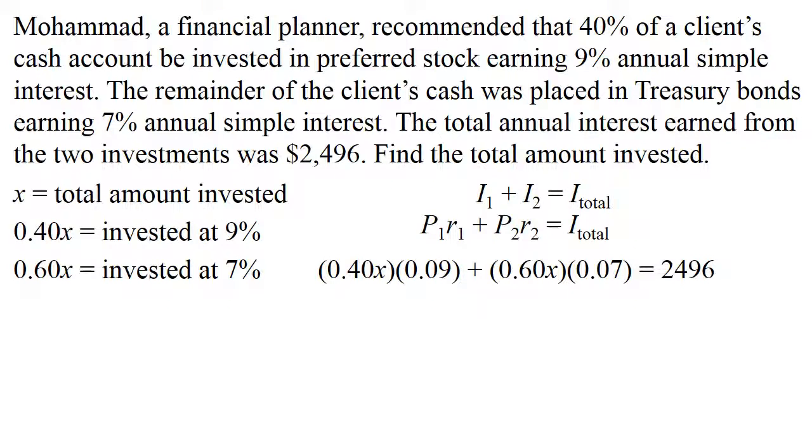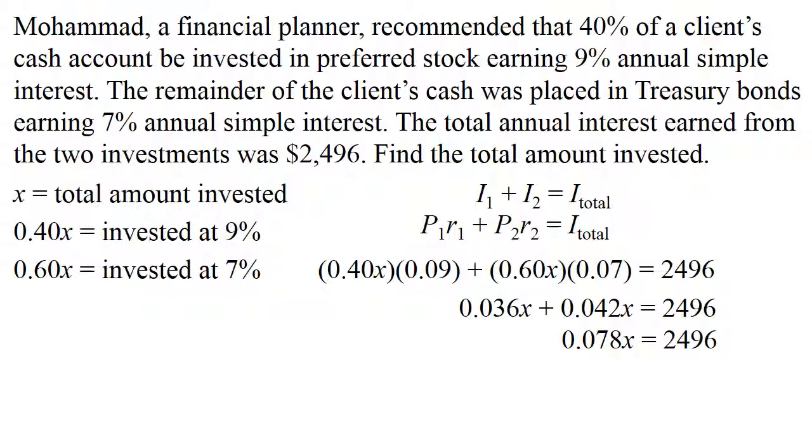We're going to multiply those decimal values together, add those results. 0.078x equals 2,496, and now we just have to isolate x. So get rid of the coefficient, divide both sides by 0.078, and that gives us 32,000. And remember, x was the total amount invested, and we were asked to find the total amount invested. There we go. There's the answer. So there are some examples of how you're going to work with mixing accounts, dealing with interest problems, simple